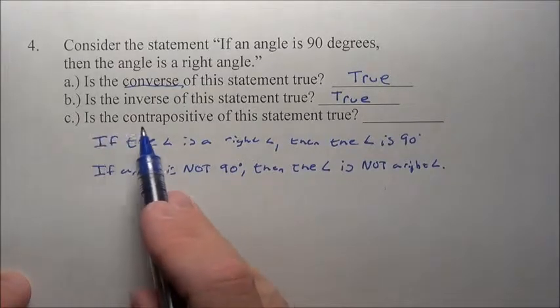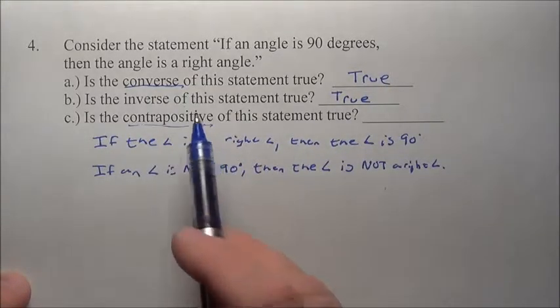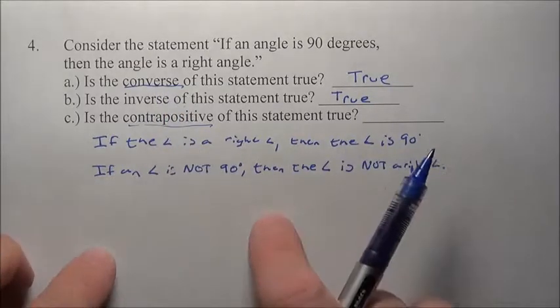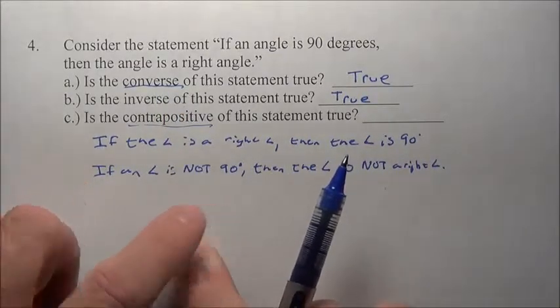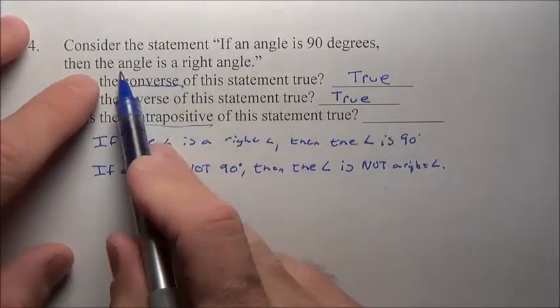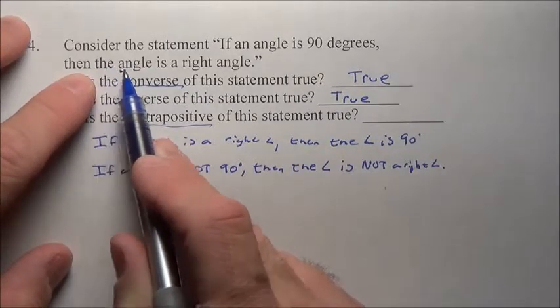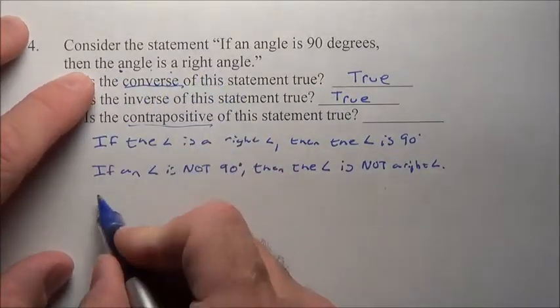So that statement also is true. Now it's going to say, is the contrapositive of this statement true? Now remember, the contrapositive is where you're doing both of these. You're doing the converse, you're flipping it, and you're negating it. So we got to flip it. So the then part will be first, and we got to negate it. So we're going to have to say, if the angle is not a right angle,